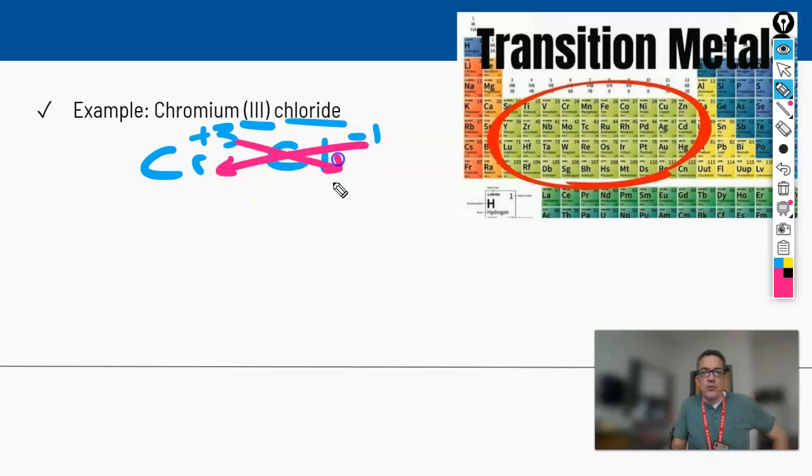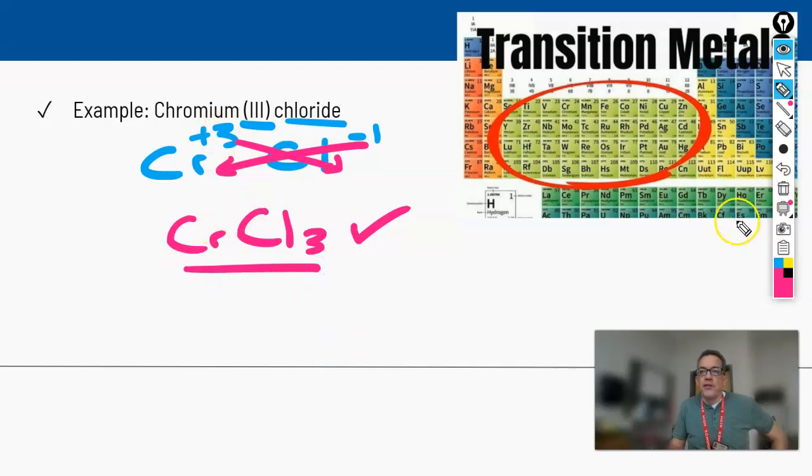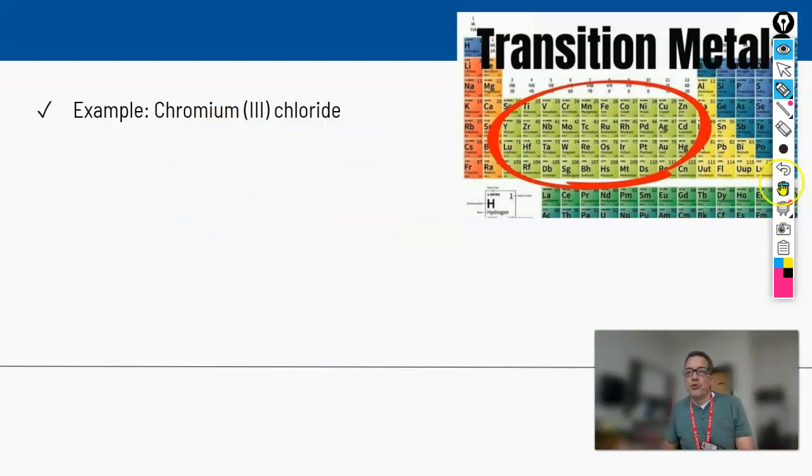I take the 3, I put it there. And so I want to get chromium with a 1, but remember, we never write the 1. We leave it just kind of blank. And the chlorine is going to end up getting a 3. And basically, we're done. So again, oxidation, crisscross, reduce if we need to, and that's going to give us the formula. I know I'm moving pretty quickly here, but you can always stop and rewind if you need to